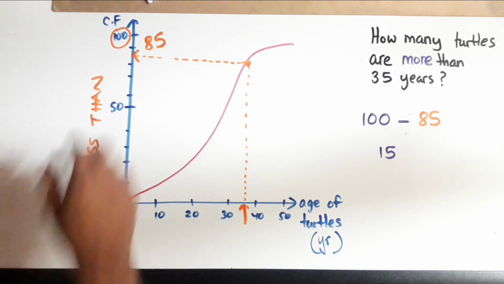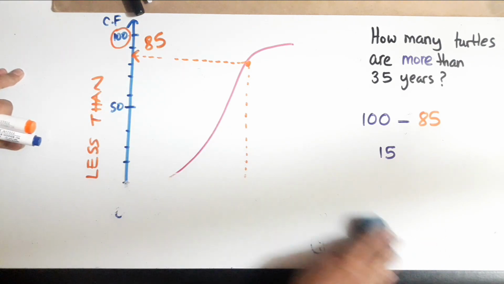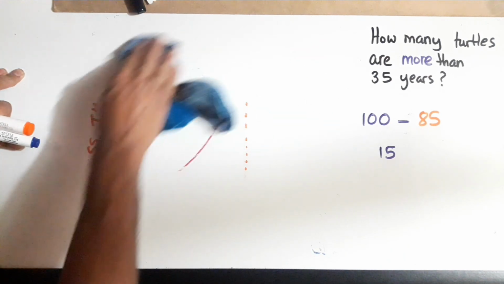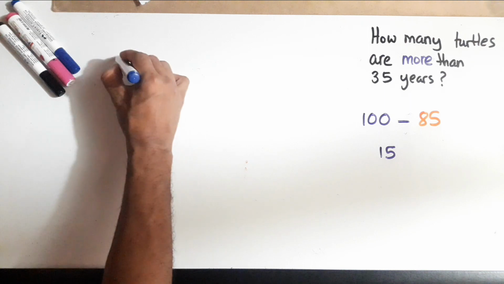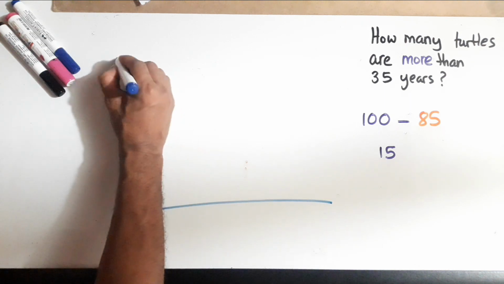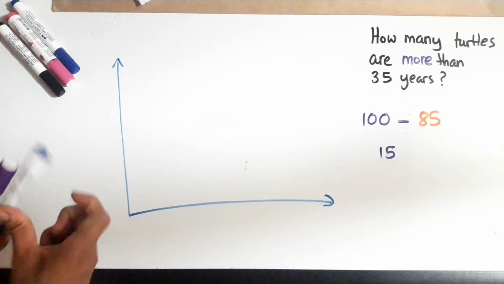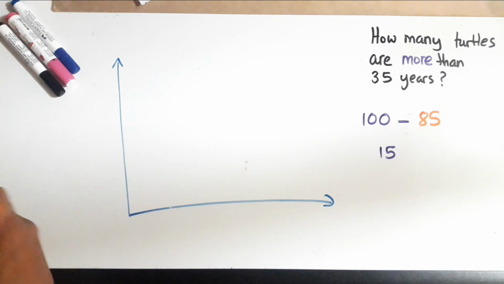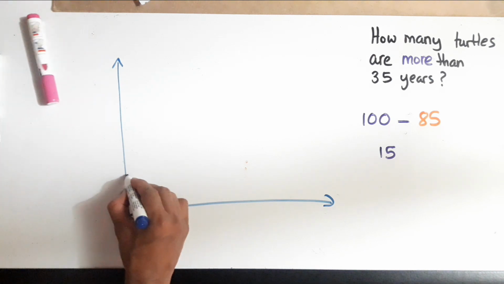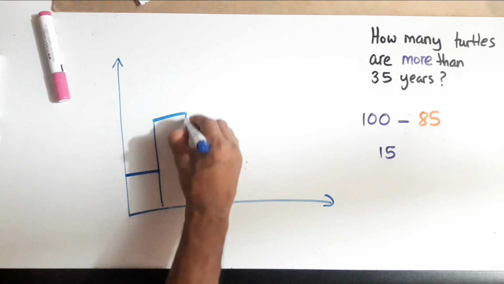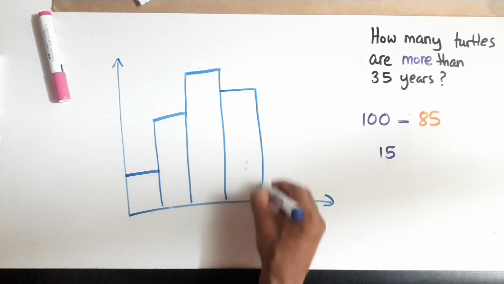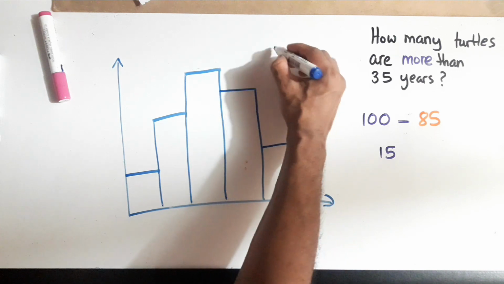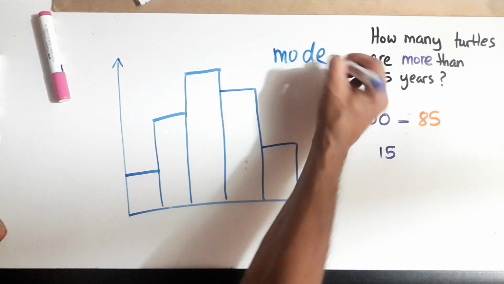And I have one more thing I want to do regarding the histogram. There are a few questions you can do on the histogram, but I just want to do one common one. If you remember, the histogram is the one with little buildings stacked next to each other. So it's something like this. You have little blocks like this, right? And what they can ask you to do is find something called the mode.